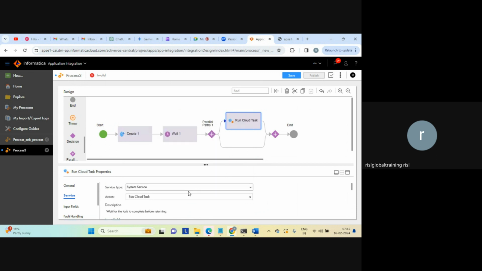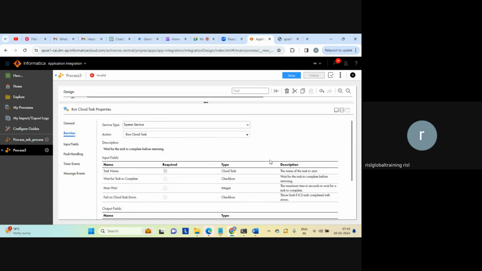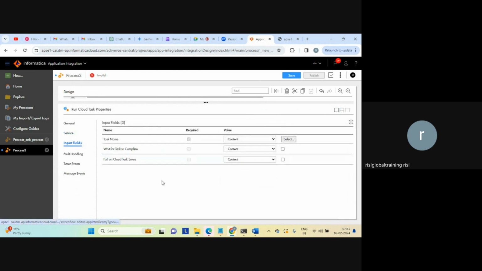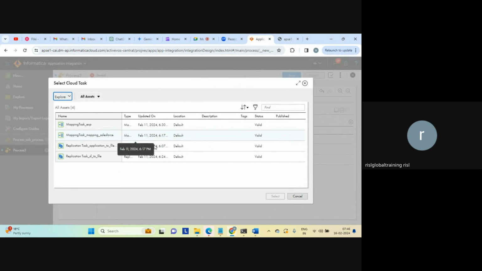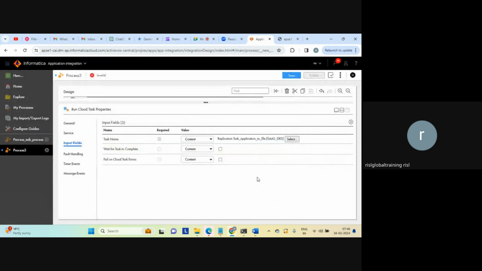Then select run cloud task over here. So which means, I think theoretically one day I talked about we can call data integration task from app integration. Now we are trying to do that. Now select any task. Let's say Salesforce to a file or application to a file, whatever, any task. So here we are trying to understand calling DI task from